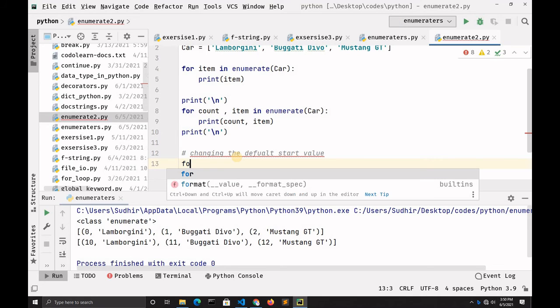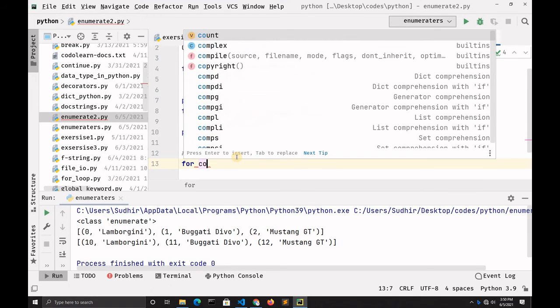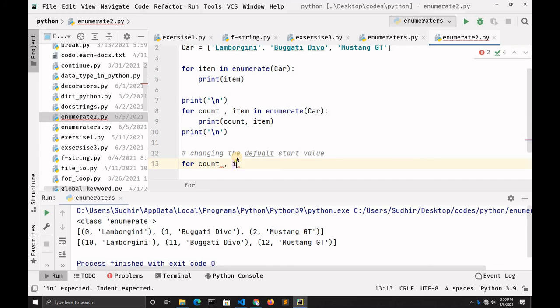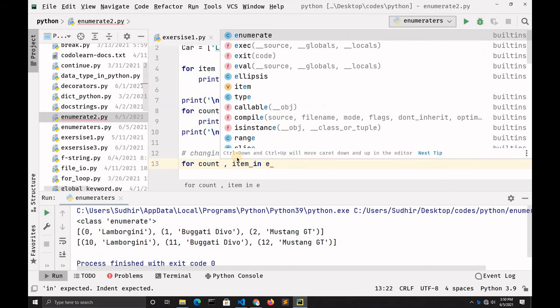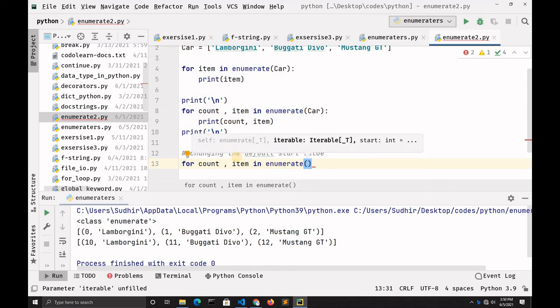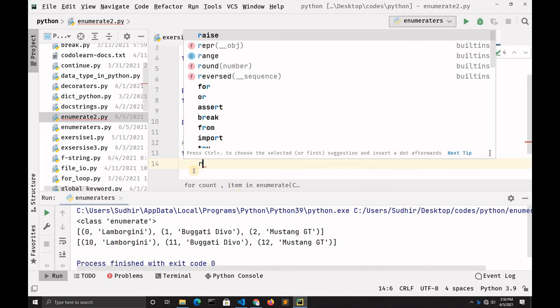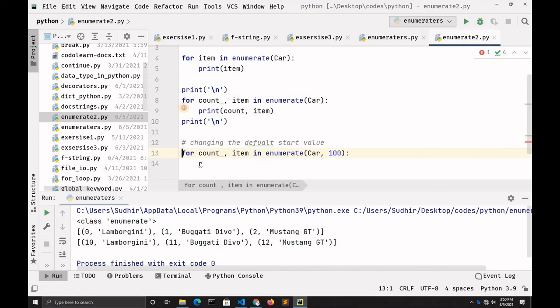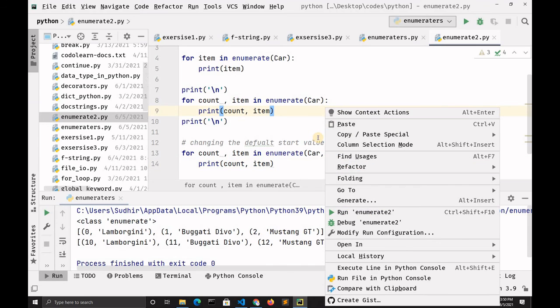Here you have to type for count comma item in enumerate cars comma 100, and after that type print count item, something like this.